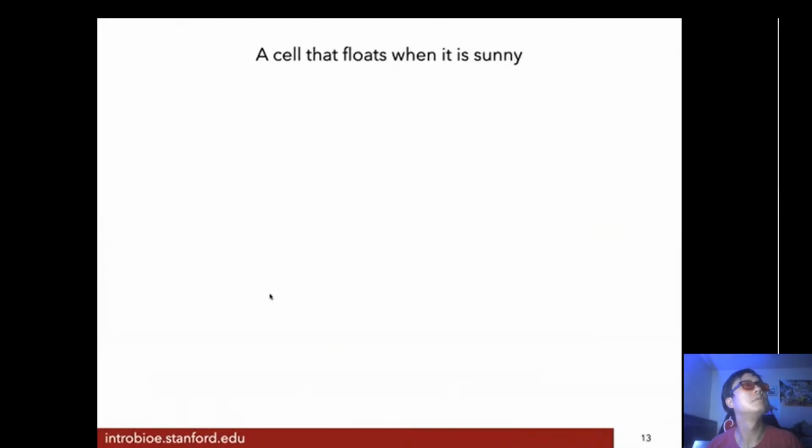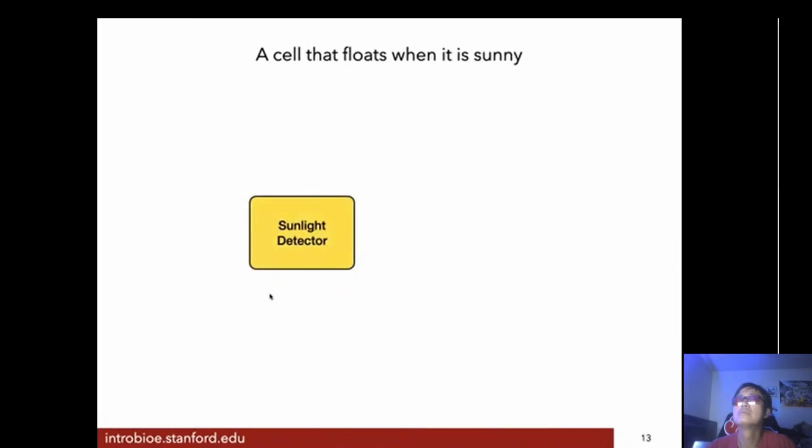For example, wouldn't it be nice if I could say, I'd like a cell that floats when it's sunny? And that's all I needed to do. And by saying that, a whole bunch of grammar and functions would compose into a low-level DNA sequence that could be made, and then we'd have a cell that floats when it's sunny. That's what it's like to have a language. We have functions and definitions and grammar we can compose, and we get what we want. Now, of course, you've got to be creative and do the editing and learn how to use the grammar and understand the definitions. But essentially, this is what we're going for.